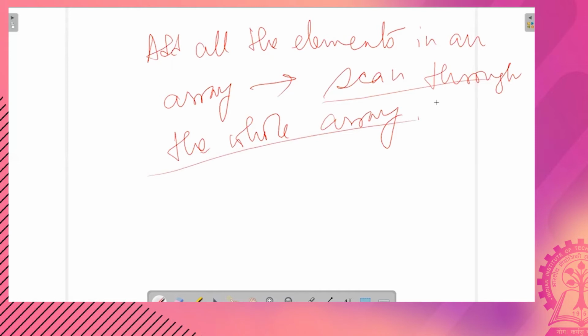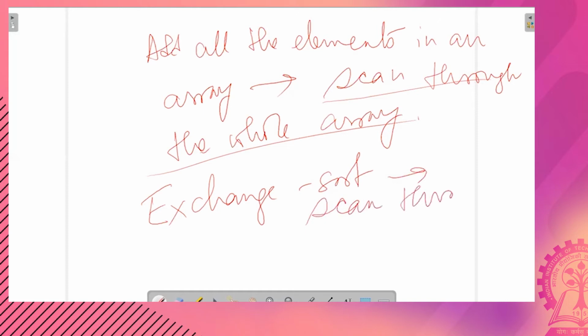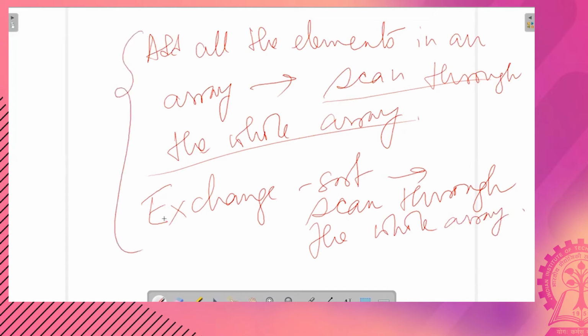There is no other alternative. Similarly, if you want to do exchange sort, here also you will have to scan through the whole array. There is no shortcut. So in such cases, whatever be the value of the elements in the array, you have to scan through the whole array.